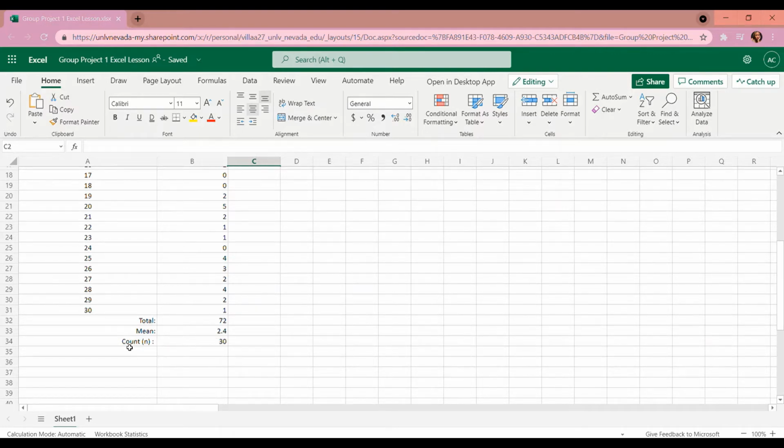Also, I've added a count here because later on, when we have to figure out the standard deviation and the variance, within those formulas you have to divide by n, which is the count, so that would be by 30, which are the data points. Anyways,